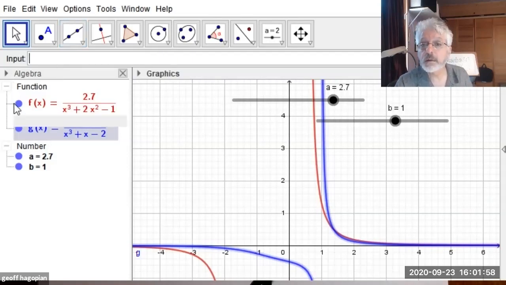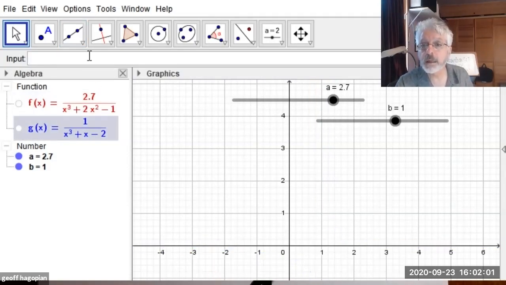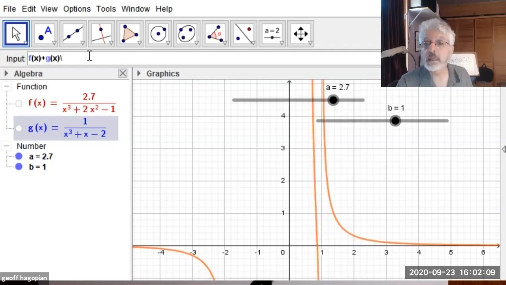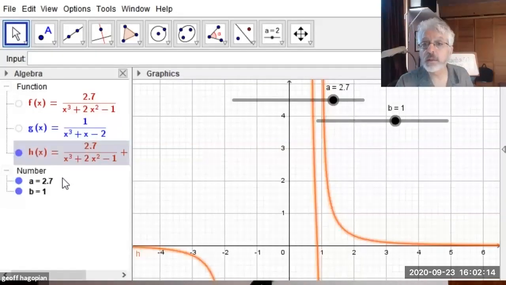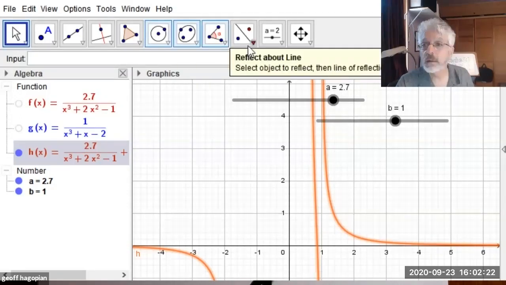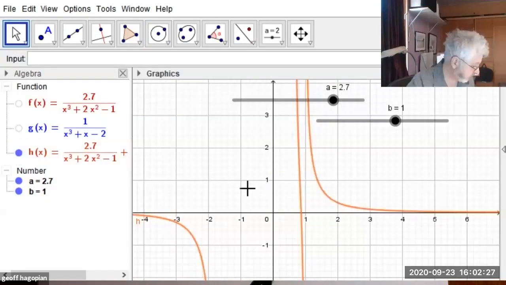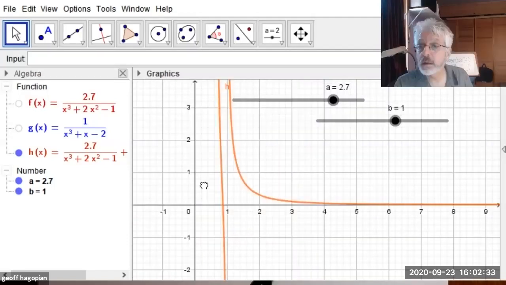Okay, now I'm going to hide both of those, and make another function, which is f of x plus g of x. So that's then the combination of those, right? Enter. And that's this orange function. Okay, it's orange. What are you going to do? And you see, okay, so prove that this has at least one solution in the interval. Okay, wait. So we're not